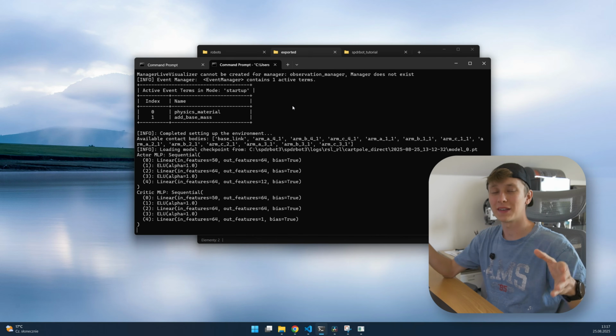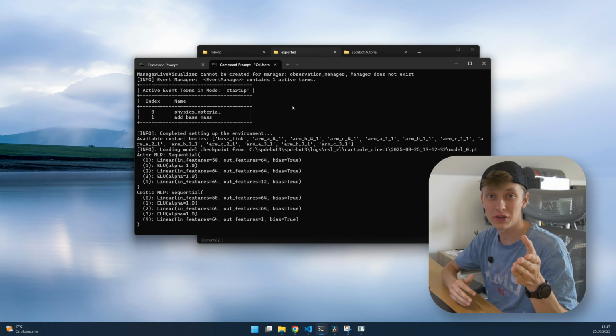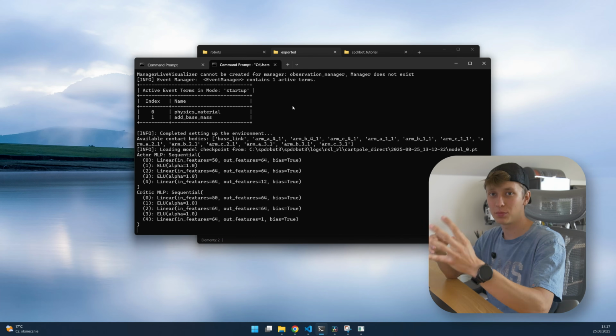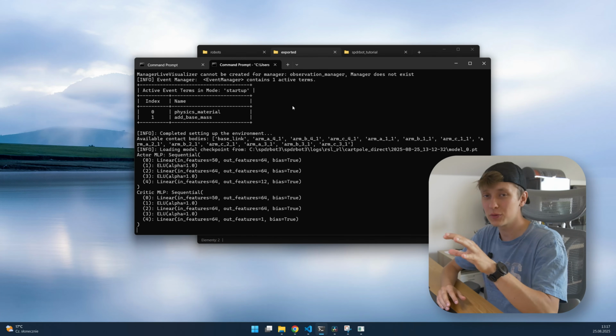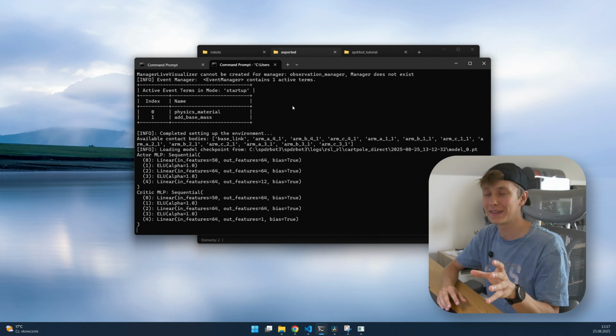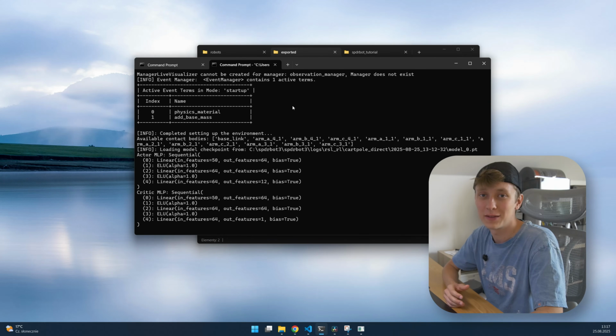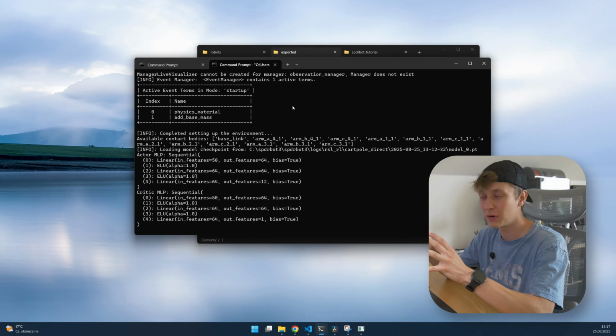If you follow these steps, Isaac Lab is very easy to run, especially if you just want to run the built-in examples and play with them, modify them a little bit. If you want to do it for a custom robot, it's a bit harder. It takes time, probably a few days to configure everything properly and finally run the training as I did